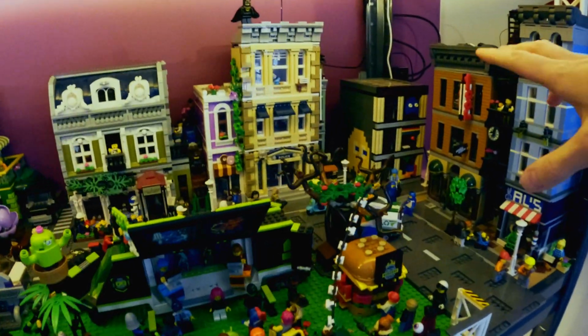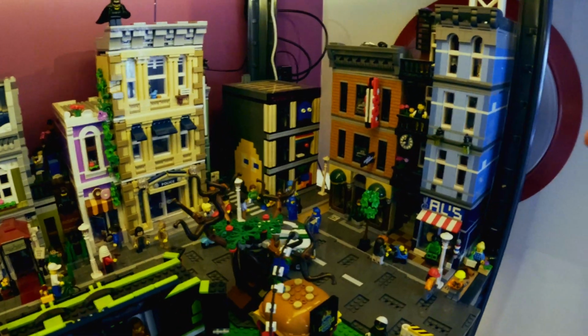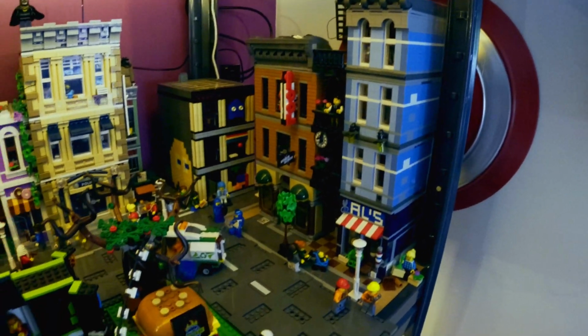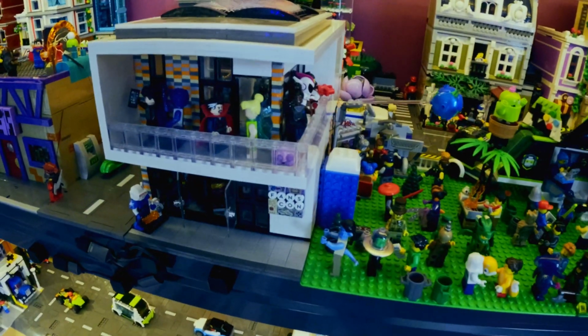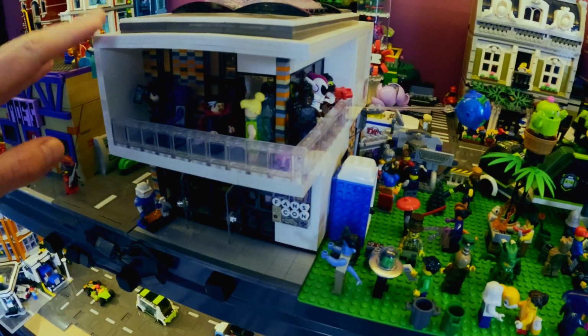We brought the arcade up to this level. So the arcade was previously on this level next to the beach. That's now come up to here. And we've got a side-on version of the modified detective's office to give it a bit of a nicer layout. And we've also managed to extend my Comic-Con, FansCon invention, which uses this art gallery mock off